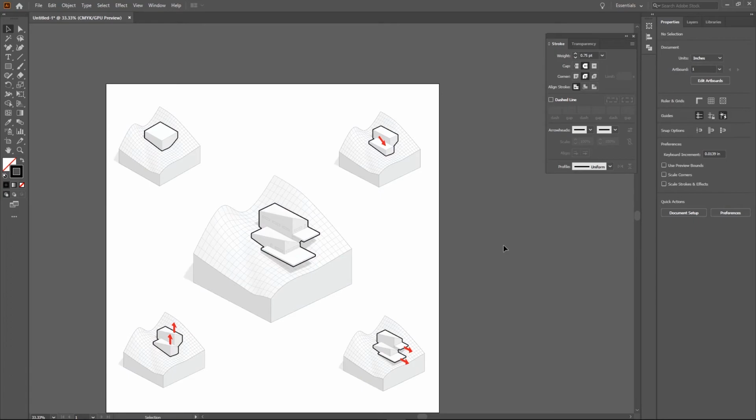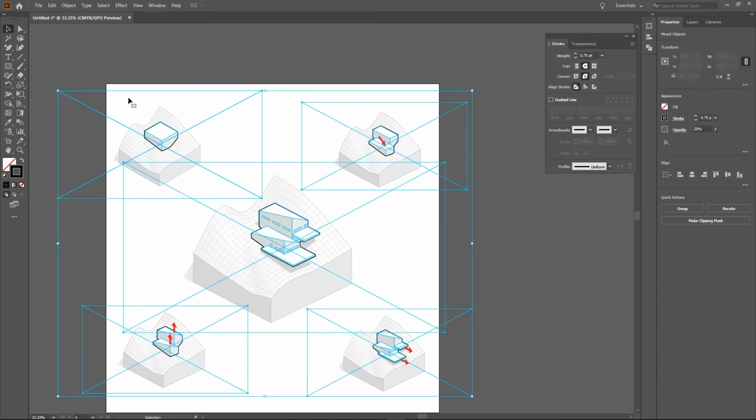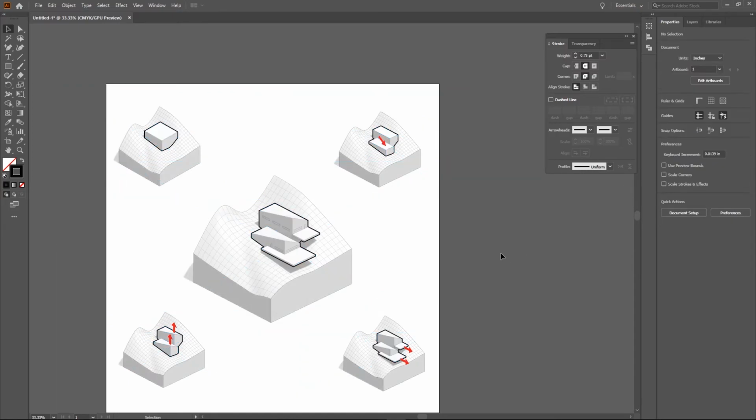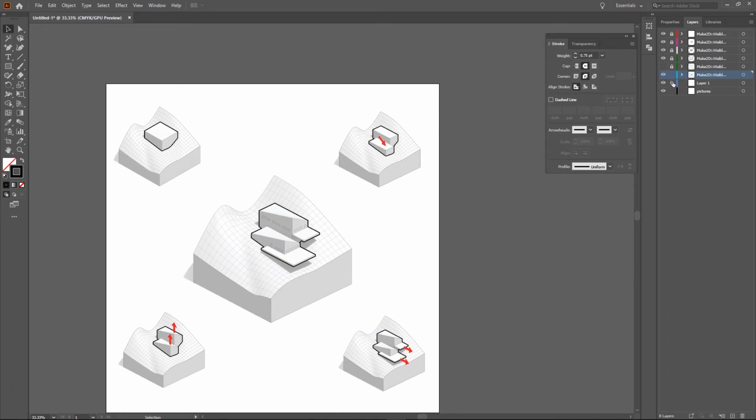looks like. Maybe that's a little too light. Let's go up, see what a 40% looks like. I think 40% is looking fairly decent. Yeah, I like that. I think these building lines need to be a little bit more apparent. So I'm going to go into